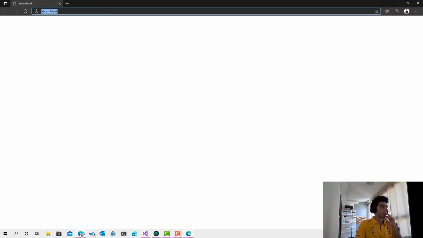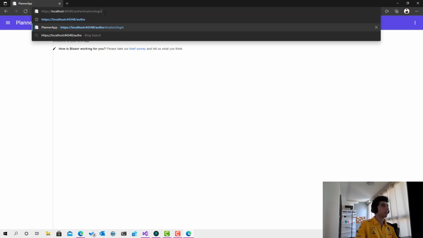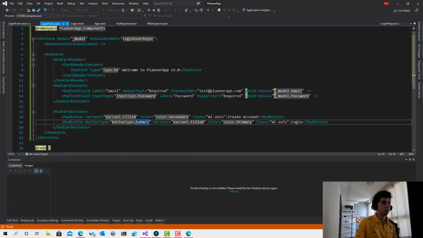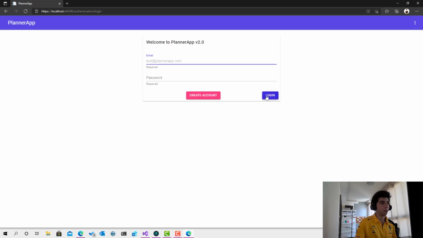Let me see. Okay, again. Here we go. Yeah, this is much better. Right now we have a neat form. Again, I just forgot to remove the placeholder of the email because it's an email. Everyone knows what email means. And yeah, for those buttons, I still don't see them looking that good. So actually,